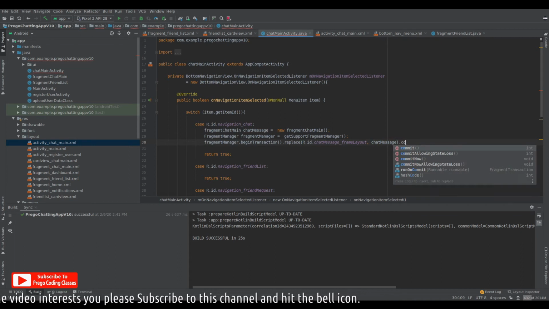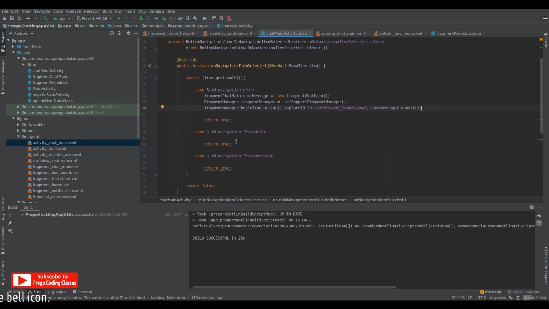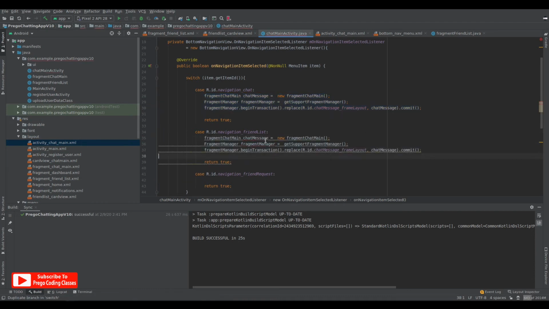So let's hit commit, and that should fire up the chat main fragment. Now for the friend list we will do the same. So what we can do here is we'll just copy the whole thing over and paste it underneath. That just reduces our hard work.